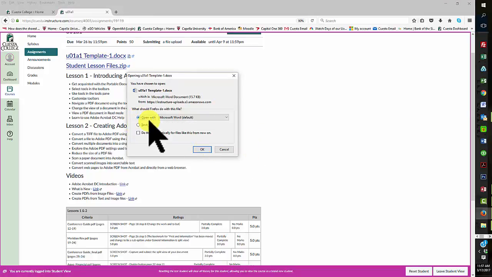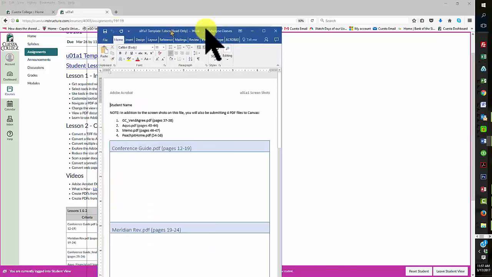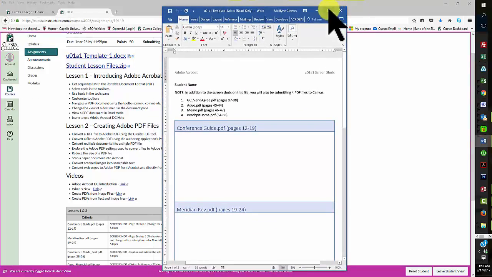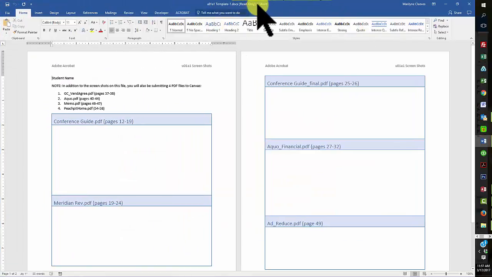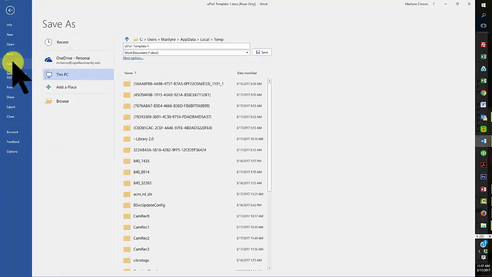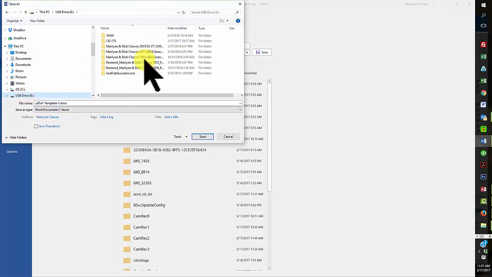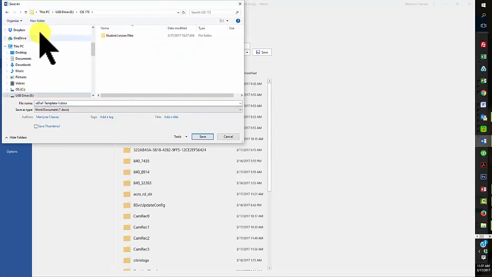I'm just going to open this with Microsoft Word. And let's see where it comes in, right here. Because I opened it, it says it's a read-only file. So what I want to do is save it right away to my USB drive that I created under my CIS 173. And then I should have those folders already there. And I'll just call this